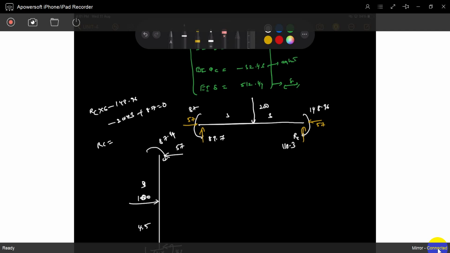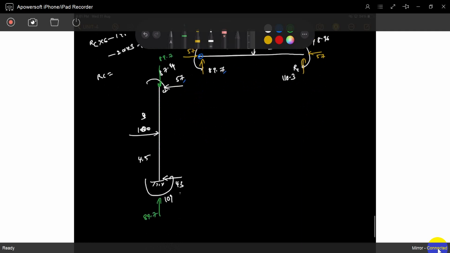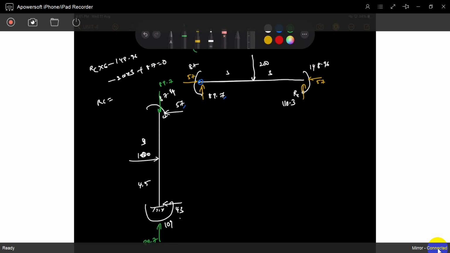Now you can observe it once again. It's 87.9. Exactly, it's at joint B, isn't it? Joint equilibrium also we have to maintain. That's why we write 57 is 57. But what is 89.7? So at joint B, 87.9 is applied. So you can observe this has an 89.7 axial force applied, because only then the joint B will be in equilibrium. Understood? One thing is related to another. Next, the remaining portion is here.